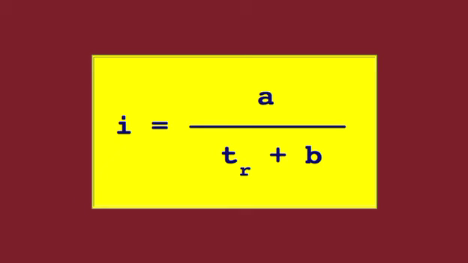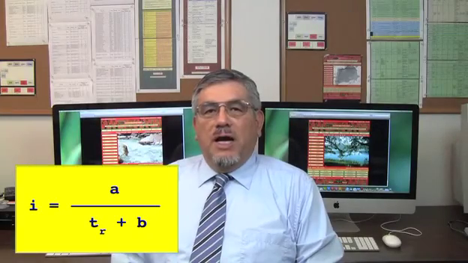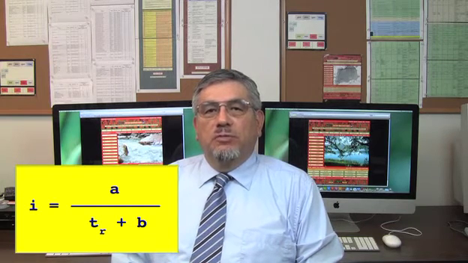Curves showing the relationship between intensity, duration, and frequency of rainfall are required for peak flow computations in small catchments. These curves can be developed using regional or local rainfall intensity duration data. The following hyperbolic equation is applicable. In which I is rainfall intensity, T sub R is rainfall duration, and A and B are constants to be determined by regression analysis. The applicable linear equation is